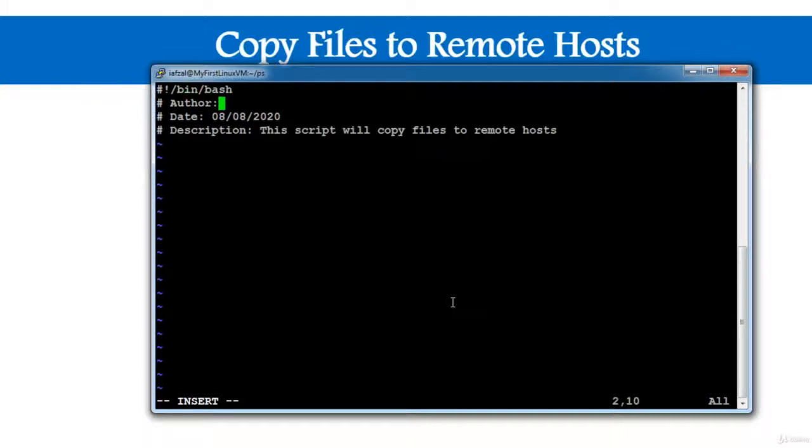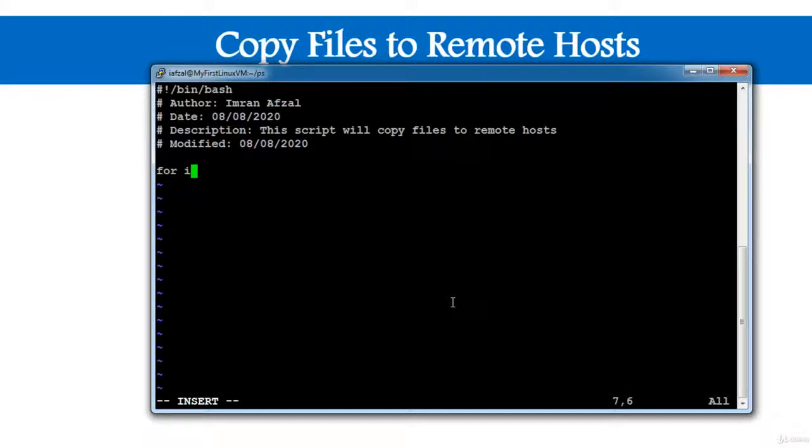Author. Yes, it's very important because if you are writing a script and you have multiple system engineers, administrators in your department who are also writing scripts, then this is the easiest way to find out who wrote that script. And they could simply get in touch with you and ask, hey, this script is not doing what we want it to do. Can you modify it? Okay, so now for